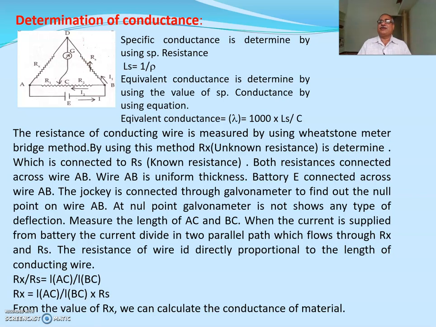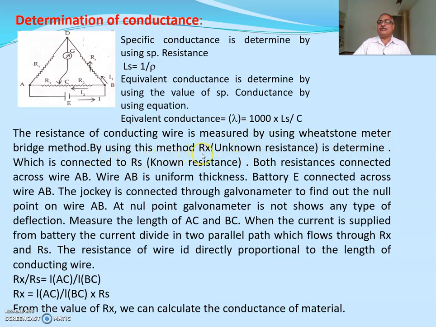Then the resistance of a conducting wire is measured using the Wheatstone meter bridge. At 12th level we already did this practical in physics. In physics we take a long wooden box. On the long wooden box, one scale is fitted, and on the scale 2 or 3 wires are fitted; that is a meter bridge. We have considered a single wire here. The resistance of the conducting wire is measured by the meter bridge method.